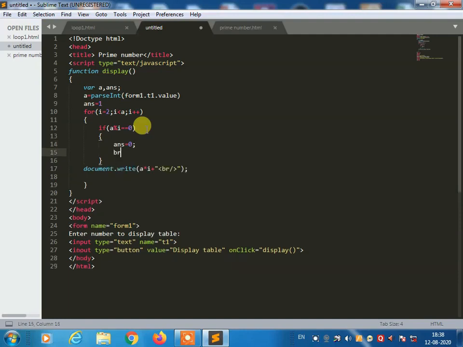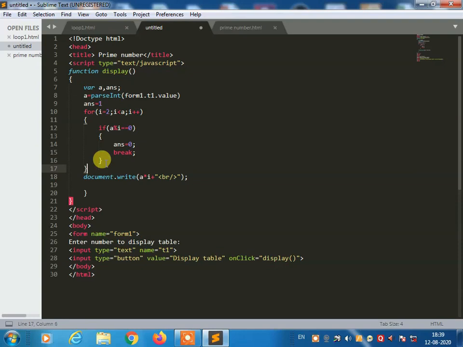Then you can use the break statement. Break statement is used to jump out of a loop. It is used to make an early exit from a loop. When the keyword break is encountered inside the loop, control automatically passes to the next statement after the loop. Okay, and then use the semicolon, complete the curly bracket, and then once again use the curly bracket,